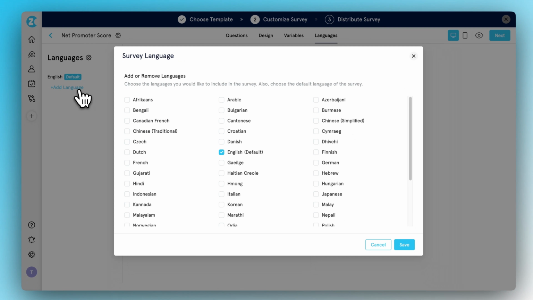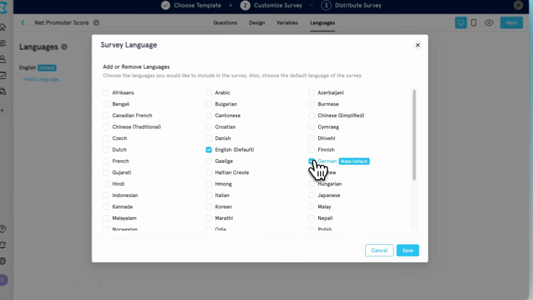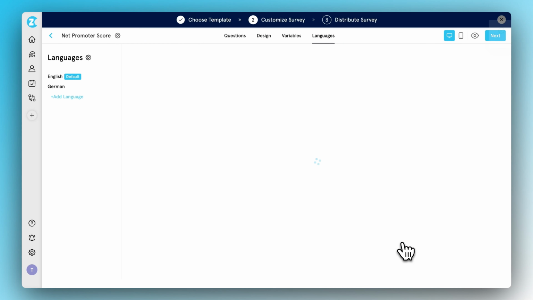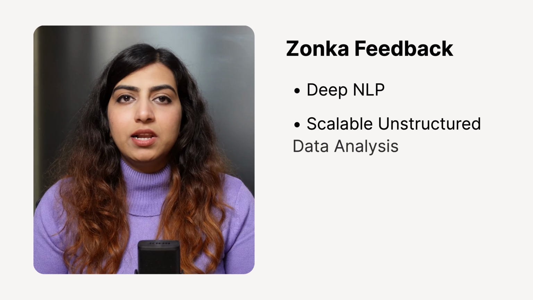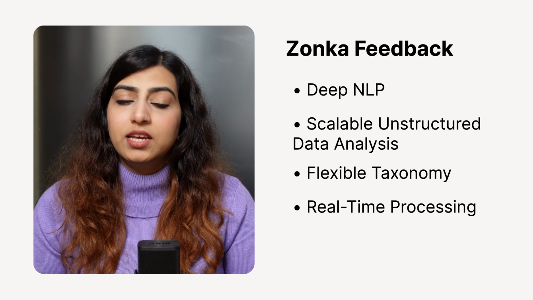And with multilingual analysis and AI translation, global feedback programs stay consistent without losing context. So, if you're looking for an AI text analytics platform that combines deep NLP, scalable unstructured data analysis, flexible taxonomy, real-time processing, and closed loop action, Zonka Feedback isn't just analyzing text, it's helping teams operationalize customer insights at